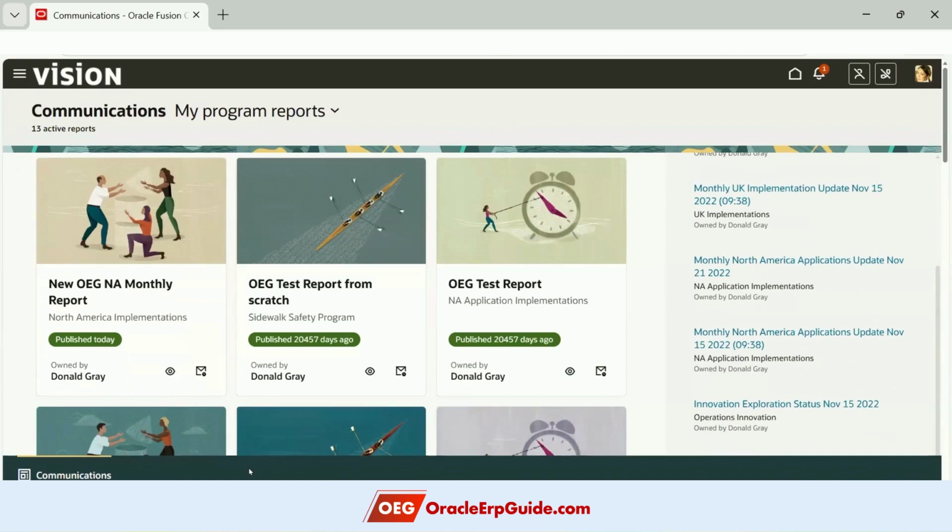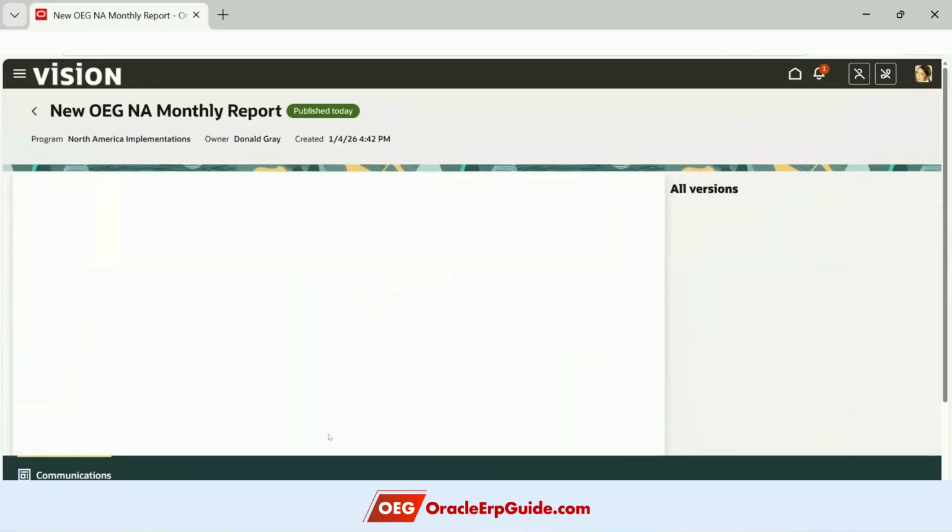You cannot create a program. You don't have the headlines page also, right? Because the stakeholder is expected to only get the reporting and then comment on that report. For example, this report we created, right? So I am Kim Wong, and because I am the stakeholder on this program, North America implementations, I am able to view this report. I can view this report, I can subscribe to the email, I can preview this report. Okay, if I go inside,